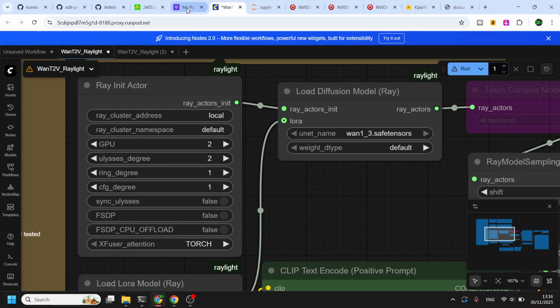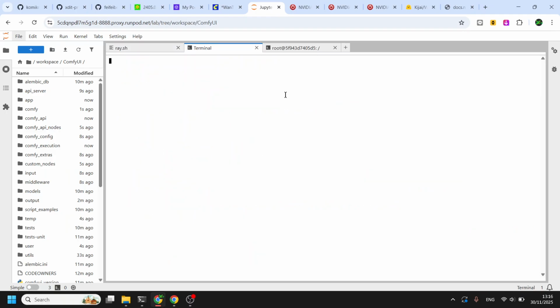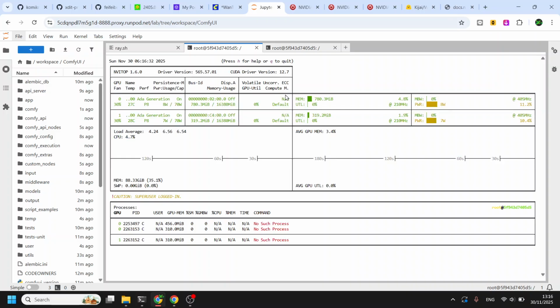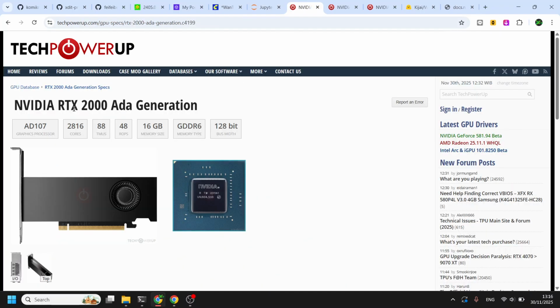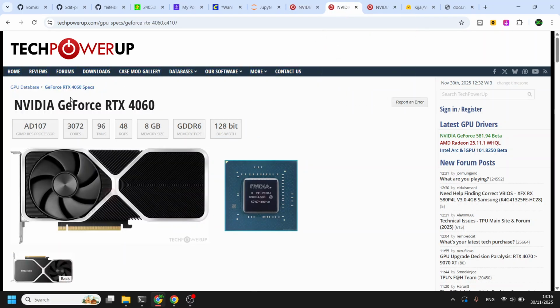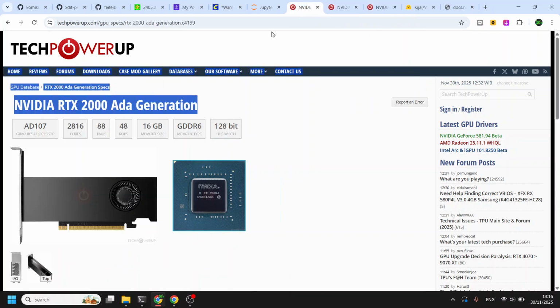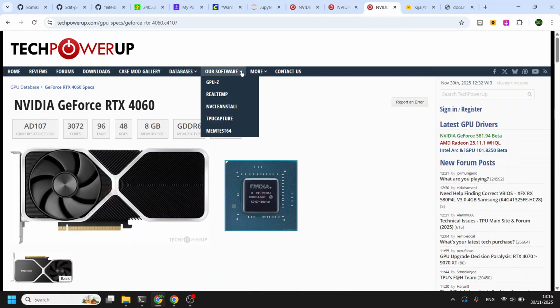Say, currently, since I'm on Runpod, I only have 2 GPUs. I have an RTX 2000 Ada, where the spec itself is actually much closer to an RTX 4050 than a 4060.